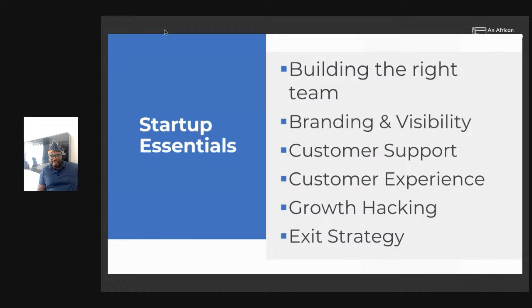So, building the right team, okay? Building the right team is another critical part of the business because your team determines the success of the business. But how do you attract the first set of team when you don't even have money, when you don't have revenue? When you start with an idea, how do you get a first co-founder? How do you get your first board member? What are the parameters? What do you need?